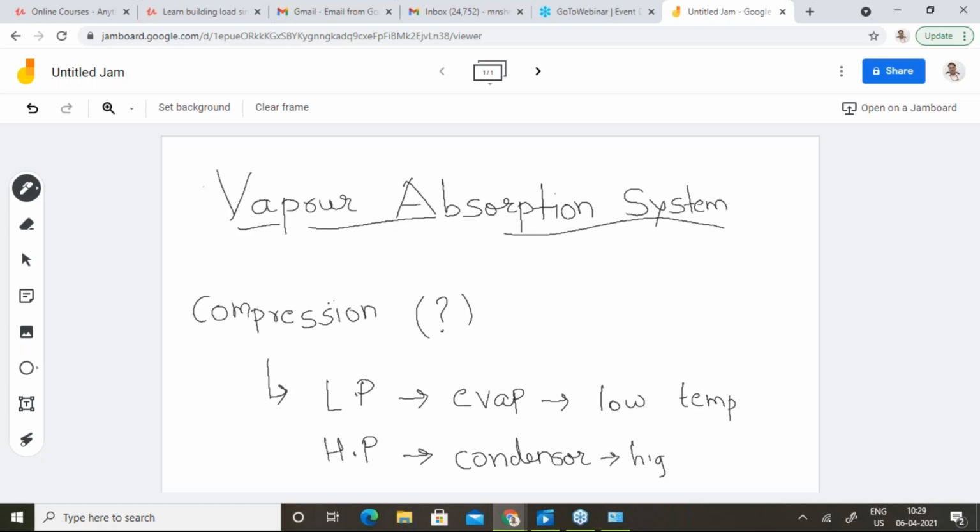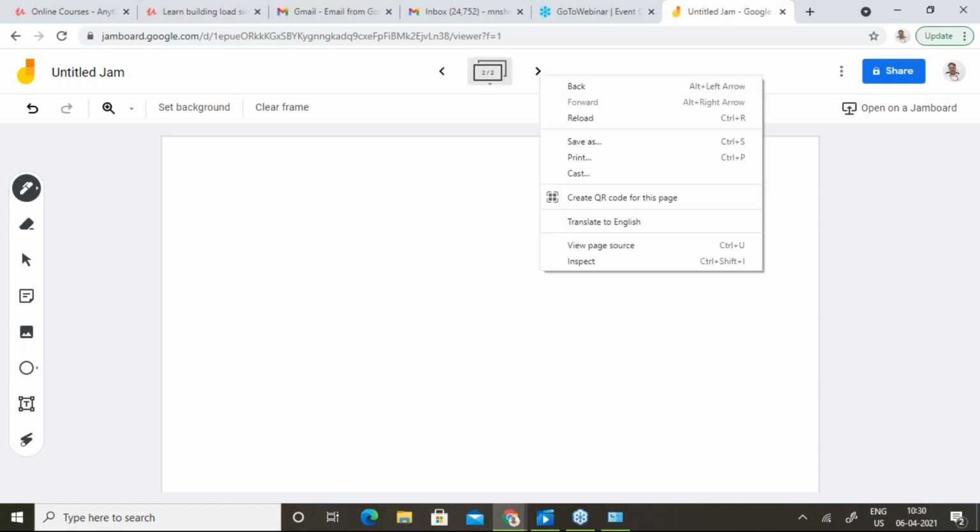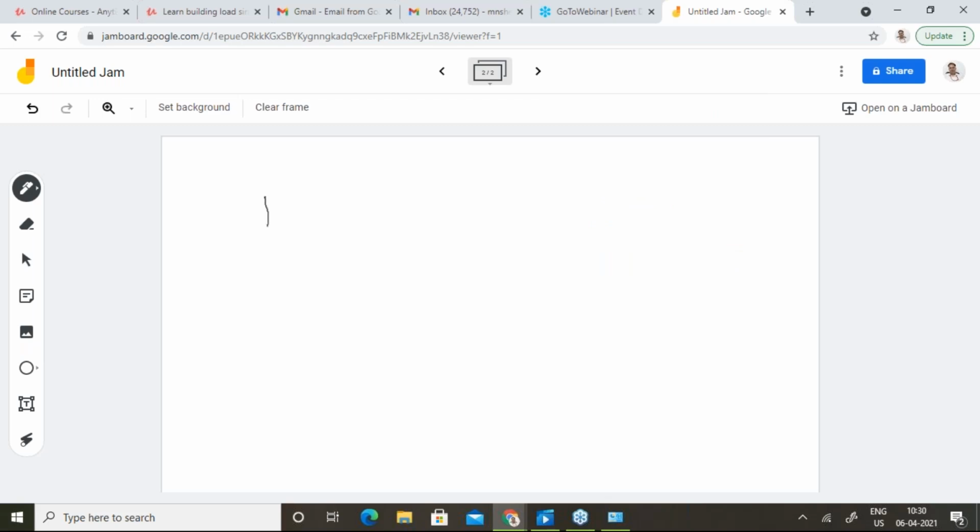And why is that necessary? This is necessary because we want to absorb the heat from the space to be cooled at a low temperature, and we want to reject the heat to the surroundings at a high temperature, and this we need to do by utilizing the latent heat of vaporization and condensation respectively. So this is very clear to us that the role of the compressor is to maintain the pressure difference between the evaporator and condenser. So if you want to understand what is a vapor absorption system, we would be drawing